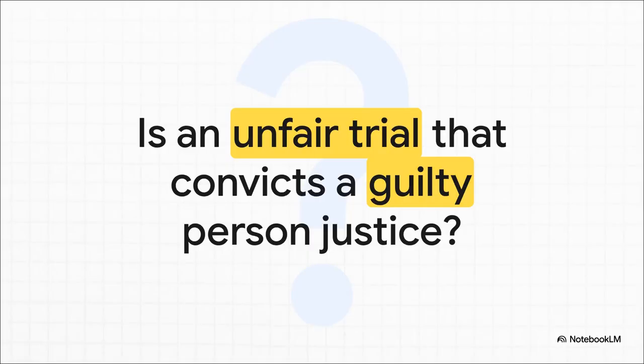And that gets to the core of it. What is the one thing the justice system is supposed to guarantee? It's not a particular outcome. It's one fair trial. Robert Baltovich never got one. And so the remedy wasn't to declare him innocent. It was to finally give him the fair process he'd been denied all along. And that leaves us with a pretty big question to think about. This whole case forces us to ask, let's say an unfair trial somehow ends up convicting the right person. Is that still a form of justice? Or, if the process itself is broken, is it a complete and total failure of everything the system is supposed to stand for?